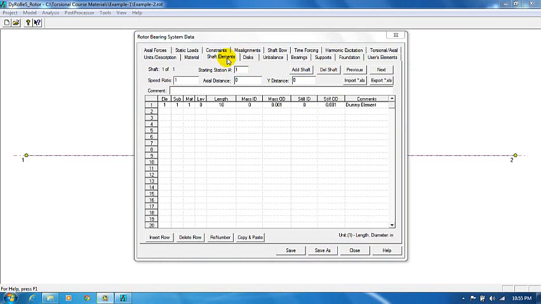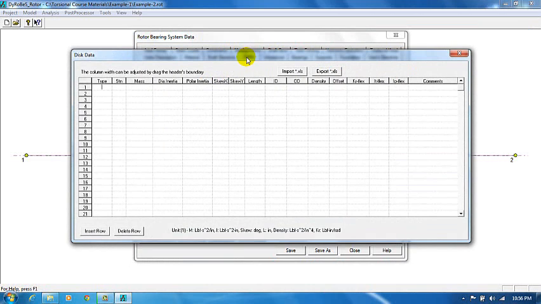Next to the shaft elements tab, there is a tab called disks. Go ahead and click this tab, and it opens up a disk data. The way we input this is we are shooting for polar inertia. There are several other options on this tab, and a lot of these options are specific to particular parameters used in rotor dynamics. Since our focus is primarily on torsional vibration, we deal exclusively with polar inertia and ignore most of